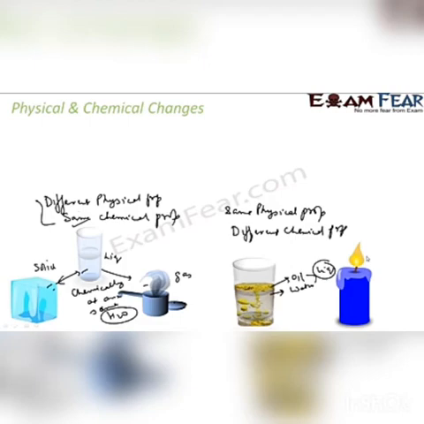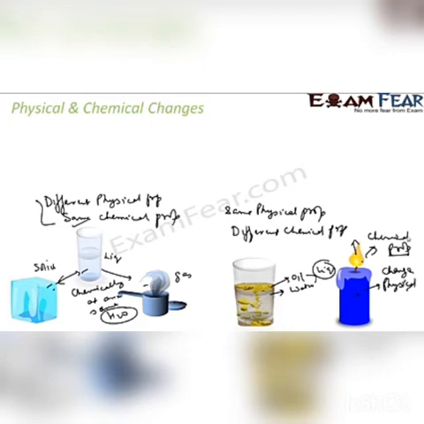For example, when you burn the candle, the candle is becoming smaller. So there is a change in physical property. Also, the candle, this area melts. From solid it becomes liquid. Change in physical property. Also, since it is burning, the candle is converted to light and heat energy. There is a change in chemical property as well. So this is one example where both chemical property and physical property are changing. This is the example where both physical and chemical change take place. So hope you understand what is chemical change and physical change.